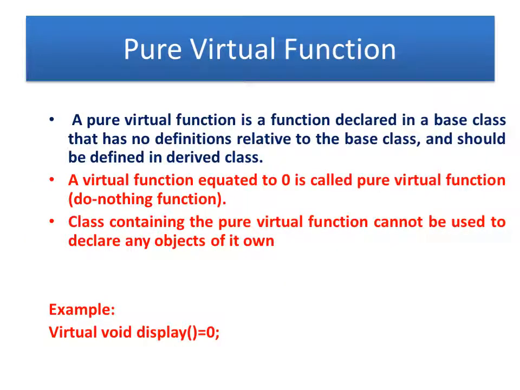Next we shall see one more new concept, that is the pure virtual function. It is a function declared inside the base class, but it has no definition. There is no definition within that function. We call that a pure virtual function, but it should be defined in the derived class because that is one of the rules, right? So this you have to remember: a virtual function which is declared alone in the base class, but not defined, is called a pure virtual function. We may also call it by one more term, virtual function equal to 0. For that I have given an example of how this statement is going to work.